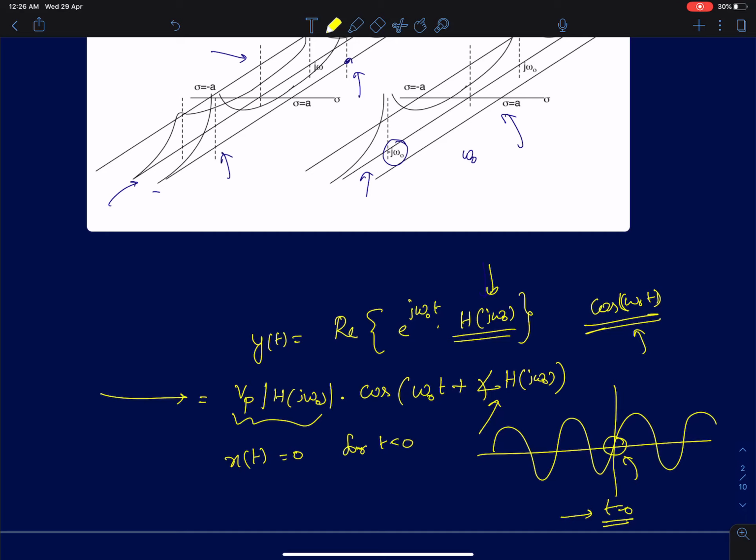For example, you may be taking a signal out of a function generator and feeding it to a circuit. Usually when you kickstart an experiment, there will be a sudden change in the input. So you will have a discontinuity in the input itself, and at the output. So it is an input of this form, which is x of t equal to 0 for t less than 0. These are the kind of inputs we'll be feeding to practical systems. So the inputs will be of this form, cos omega naught t into u of t. Now we'll see what happens when you feed an input of this type, and we'll try to intuitively analyze what will be the outputs for different transfer functions.